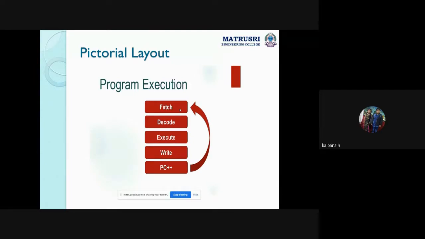Understand? This is the layout of the program execution. Okay, very important. For 2 marks they may ask, draw the layout of the program execution or instruction cycle. So here you draw the arrows: fetch to decode, down arrow; decode to execute, another down arrow, and here also a down arrow.